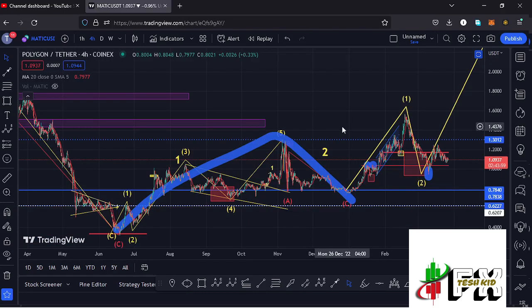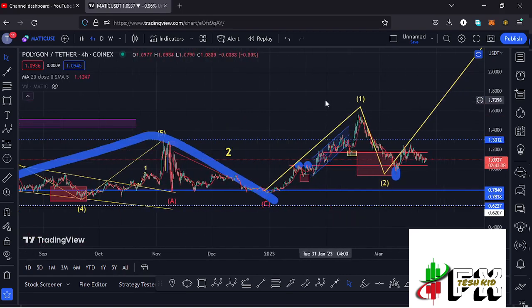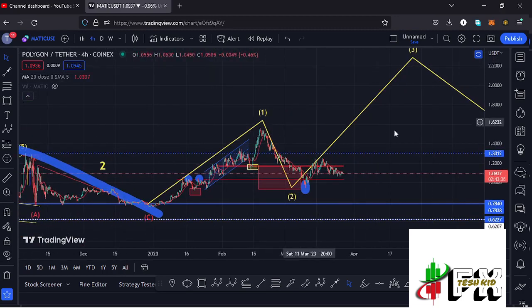And all this is playing out after we saw this 1-2 setup to the upper side, having the wave 1 giving us a peak at around the $1.3 mark. And after seeing the formation of that first wave, we started a corrective structure in the formation of that wave 2 in an ABC corrective structure that gave us a low at around the $0.74 mark. And before I get further into the technical analysis to give you the short-term scenarios and also sketch out my